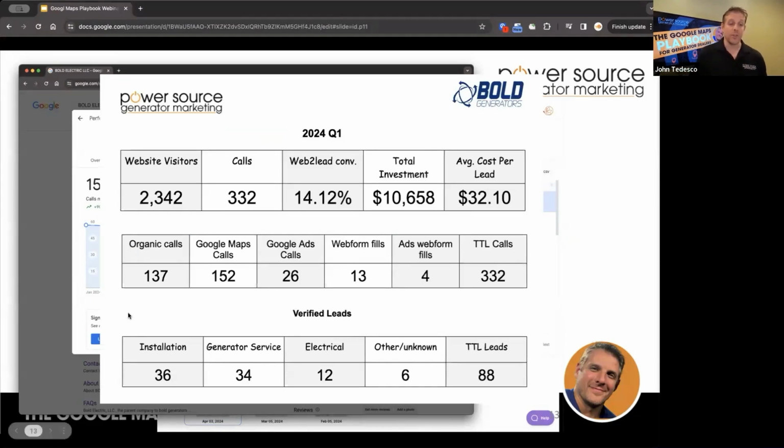We can see that 137 calls and leads come in through the website, 152 come in from Google Maps. This is the primary metric that we're looking at to make sure that we are dialed in 100% on his Google Maps exposure,